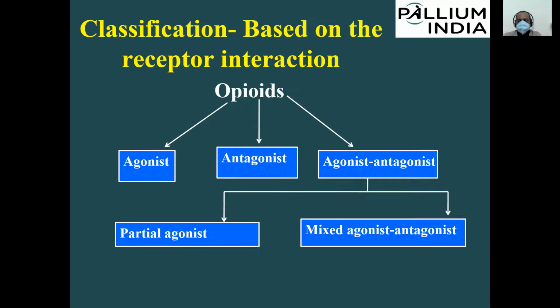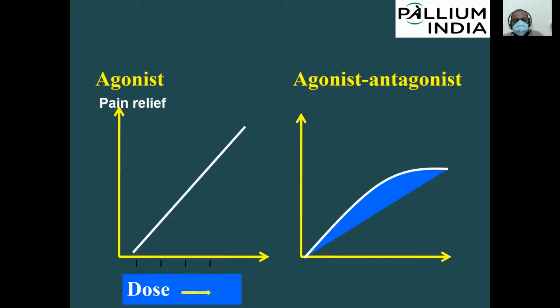Okay, antagonist. So that is agonist and agonist. So this is the main difference between agonist and antagonist. You can look at this graph and see the one on the left side is for agonist. On the x-axis is the dose of the opioid, and on the y-axis is the pain relief. So suppose I give this much dose of agonist, you will have pain relief up to this point. And when I increase the dose, you will have more pain relief. And when I increase the dose till this point, you will get complete pain relief.